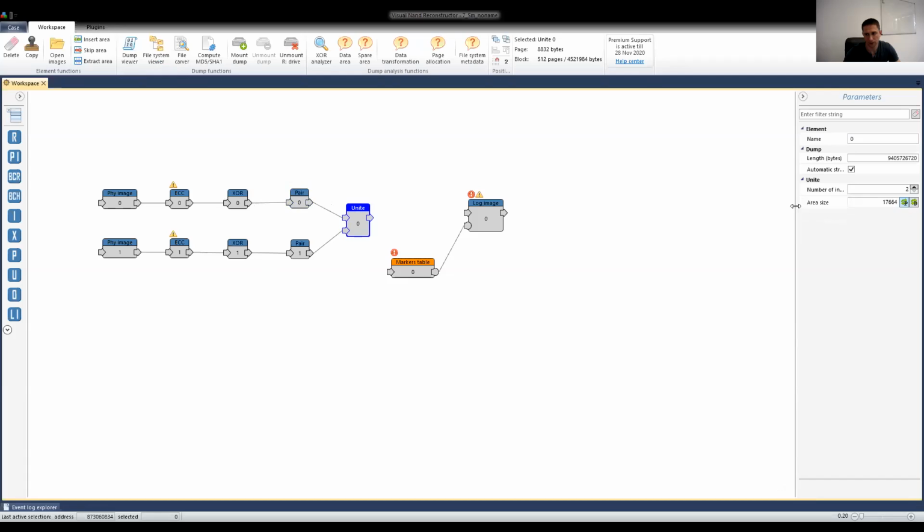People see that they want to unite by pages. People don't care that it should be united by 2 pages. They just click this button, and you see now you have a size of one page. That means that the unite element will take one page from here, one page from here, and